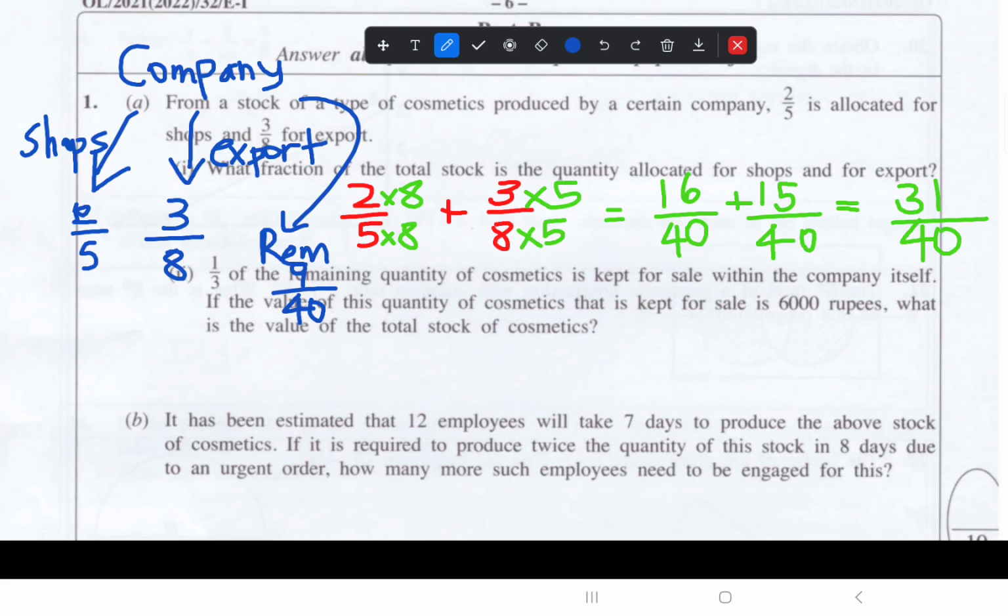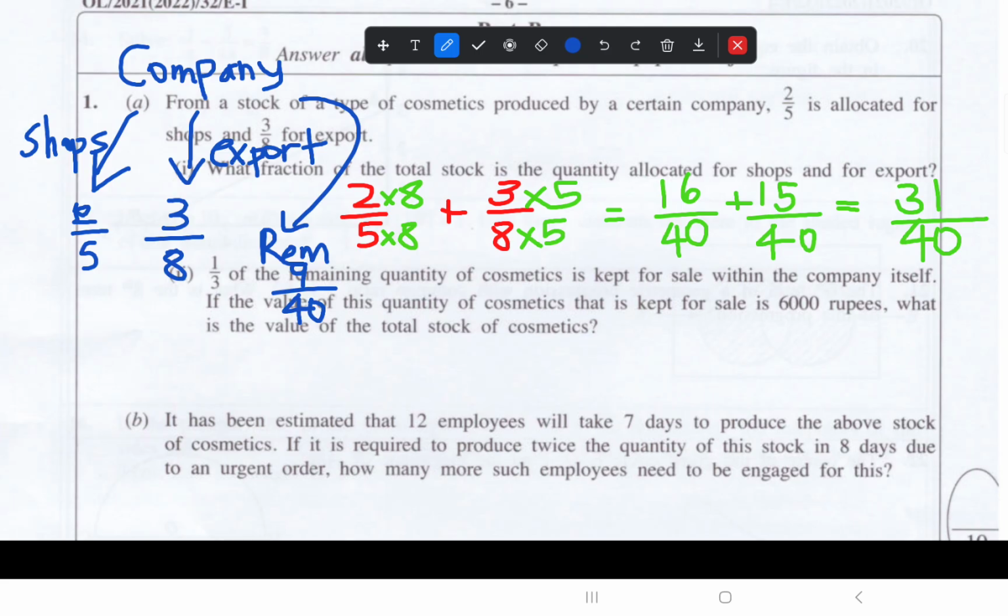How I found it? From 40, 31 went for shops and export. The remaining is the balance. Balance means from 40, that is the denominator, that remains the same. From 40, 31 gone, so the remaining is 9. Then they were given 1 upon 3 of the remaining quantity of cosmetic is kept